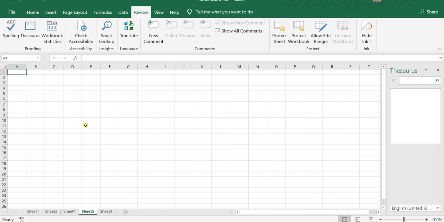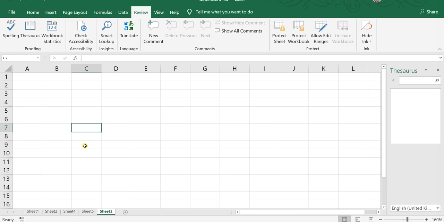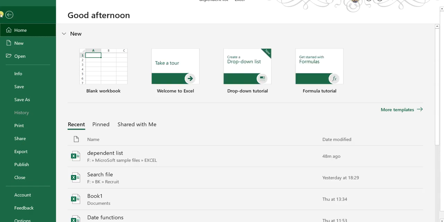If I go here and enter, suppose you want to calculate the number of entries in the department name range. For that what you will do is equal to COUNTA of DEPT. DEPT is a name range which we have created. So we have 4 entries. Likewise we can use name range. So let me show you how we do the custom list from name range.